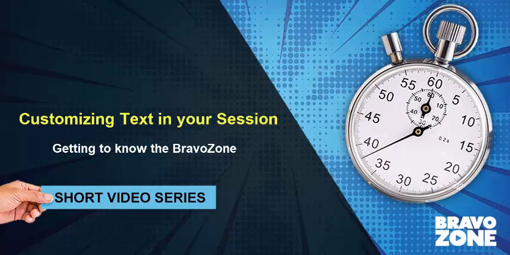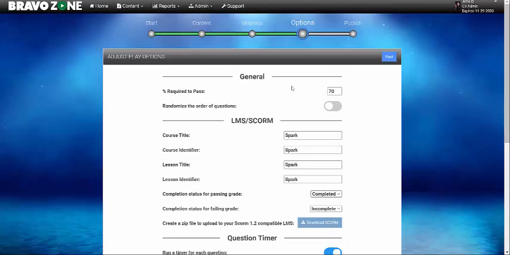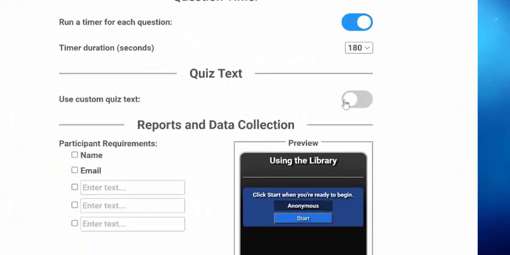In this short video, we will show you how you can customize any of the text that shows up in your session. We're going to change the response to a correct question to something else, but you can change any text. To do this, go to the options page of your session, go to quiz text and turn it on,